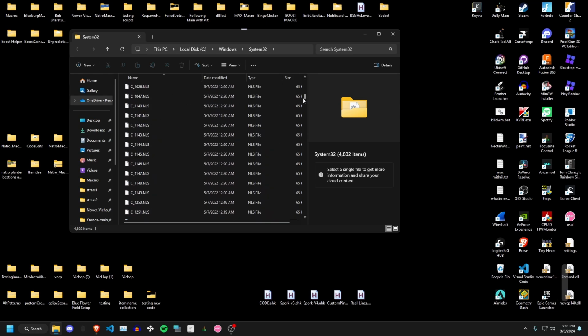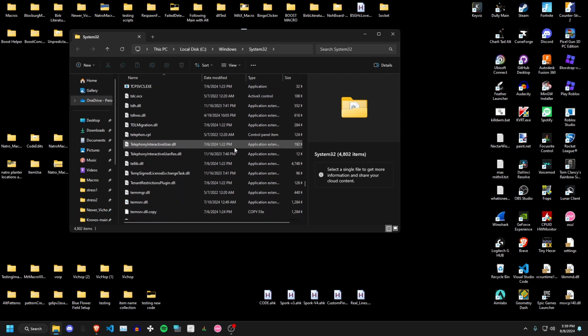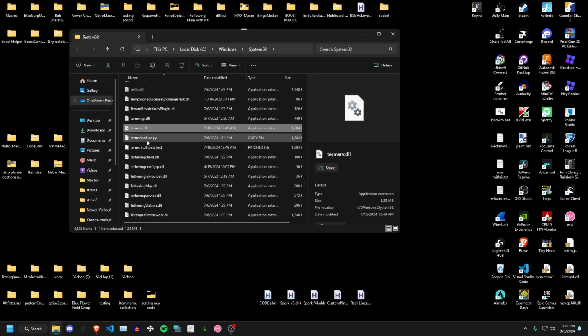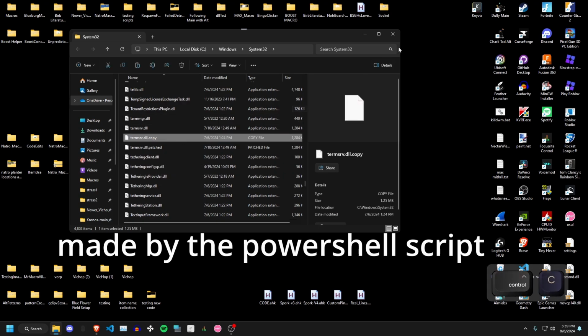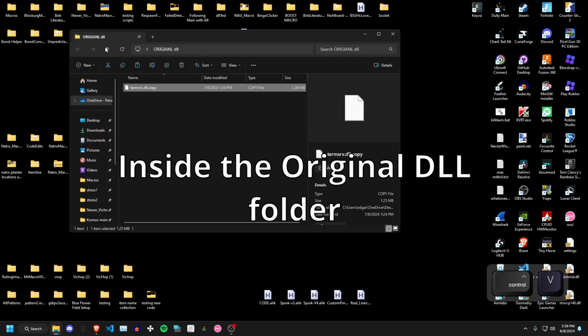Scroll all the way down to the T section, and you will find right here termsrv.dll. I'm going to just copy this one since it's not edited,